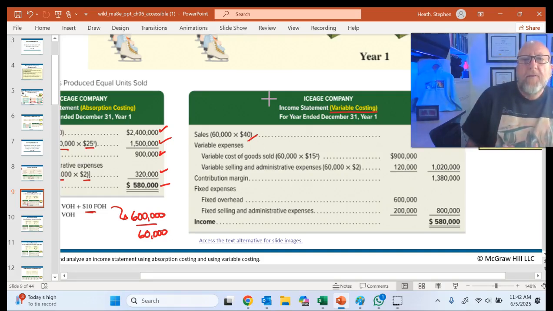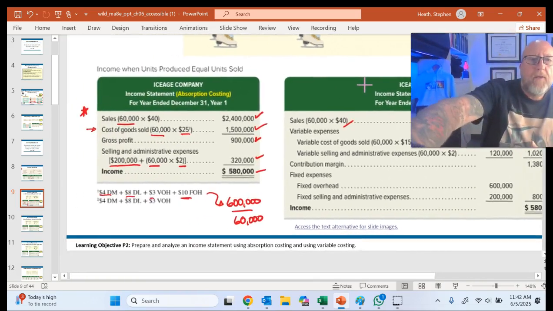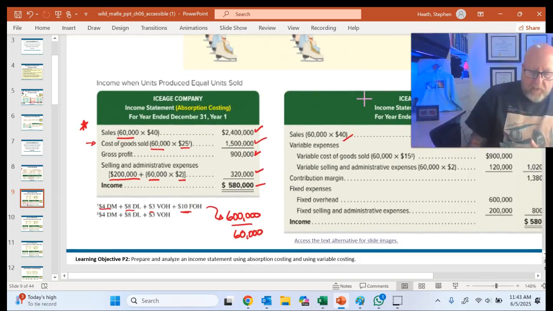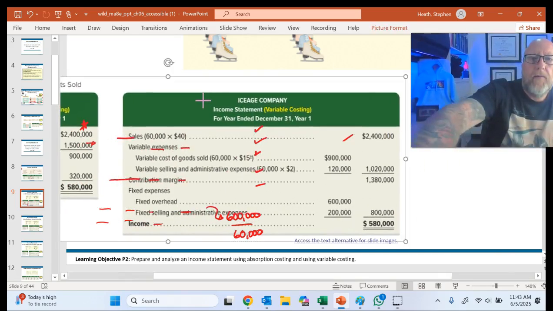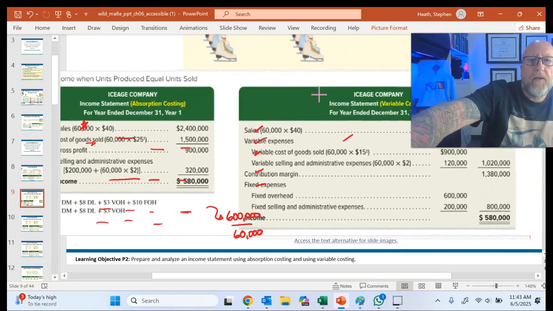So that will be the variable cost of goods sold. And again, that's the direct material of $4, the $8 of direct labor, the $3 of variable overhead, for a total of